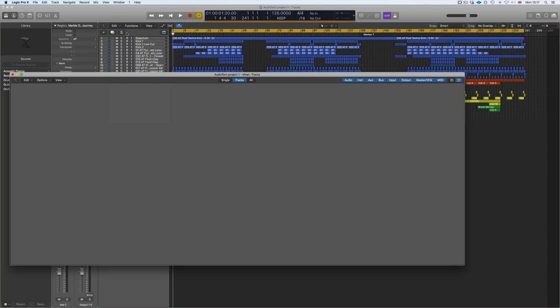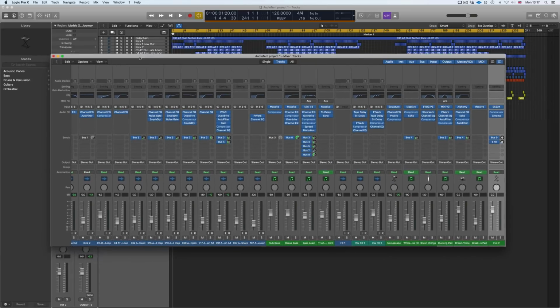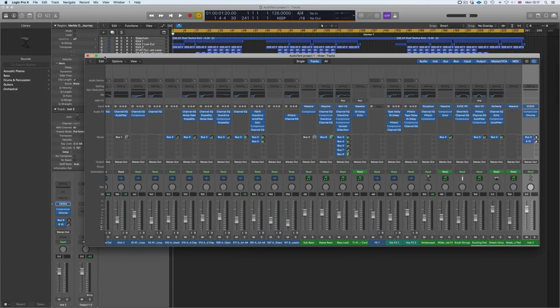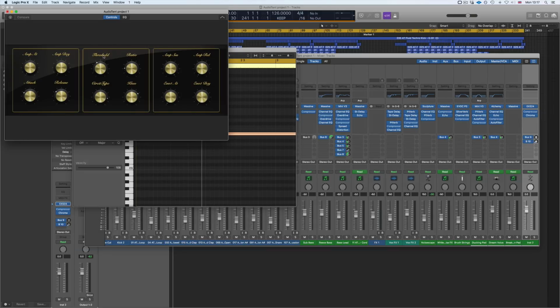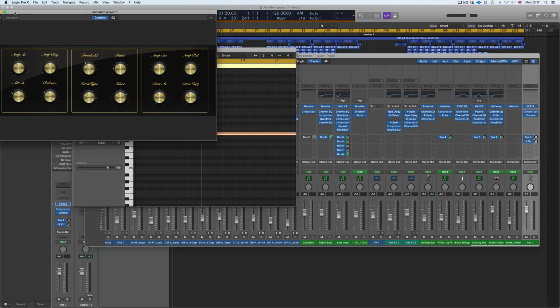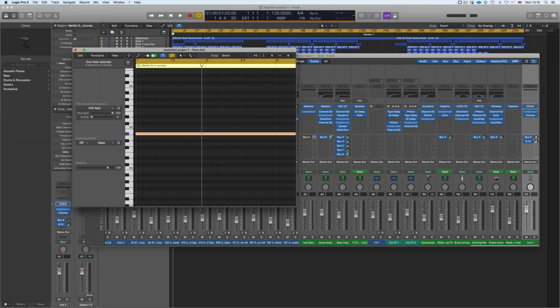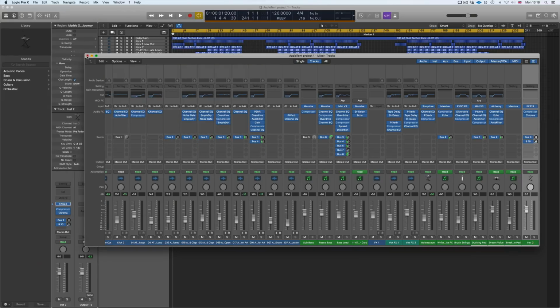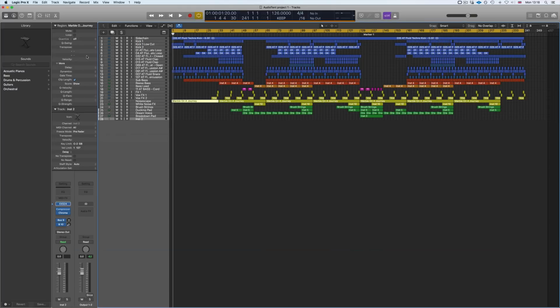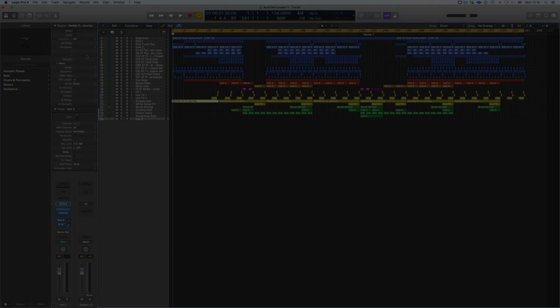So if I go to Open Mixer, we can see we have the mixer here, which we can move across into one screen, and then also using the shortcuts, I can open some more screens as well, and then we can move these elsewhere. So Logic is a little bit better for this because it does allow for more than just one screen, but Ableton does have the function as well.